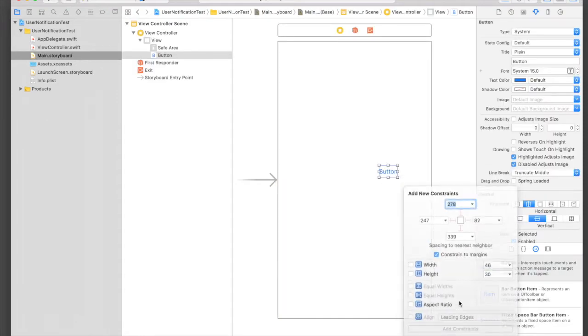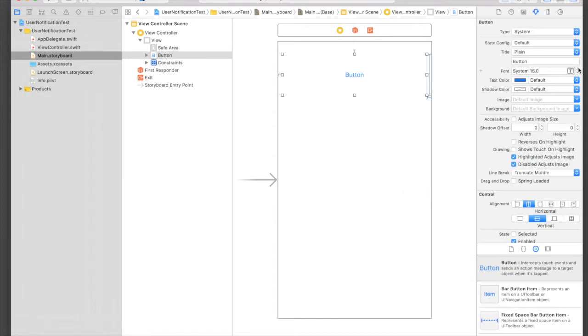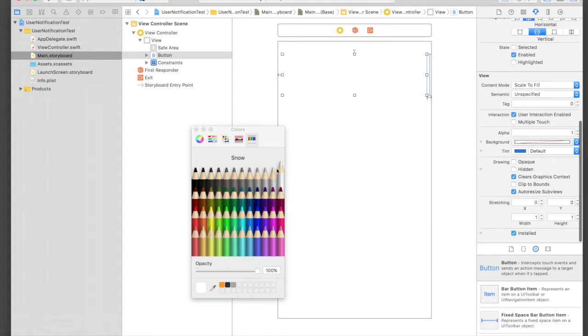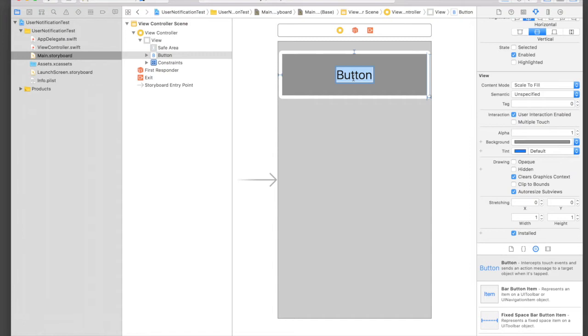Okay, so first of all, on the main.storyboard we will throw in a button, and I will just add some constraints. So I will say 10 from top, 10 from left, 10 from right, and a fixed height of 100. And I will increase the text size to 30 and text color to white. I like white. And go down and select background and give it a color of gray, and we will say notify,